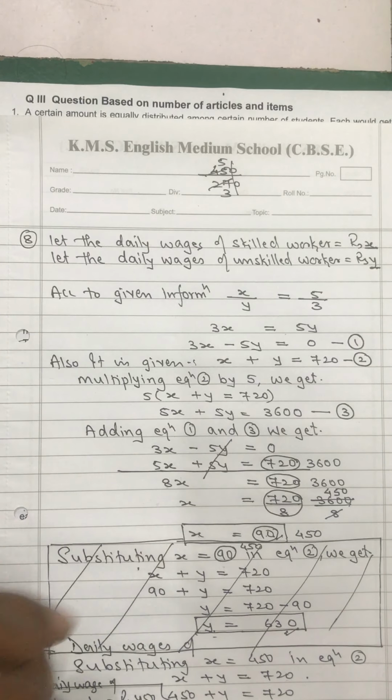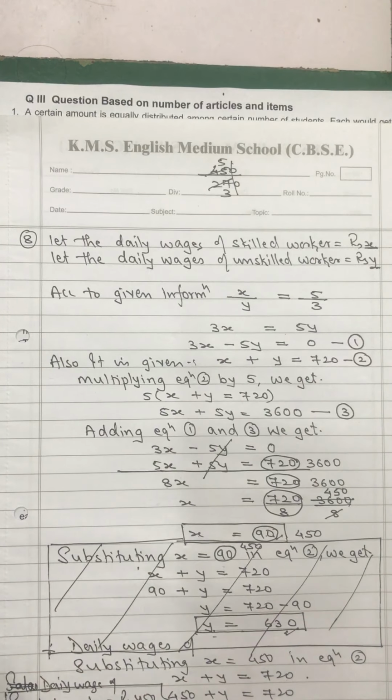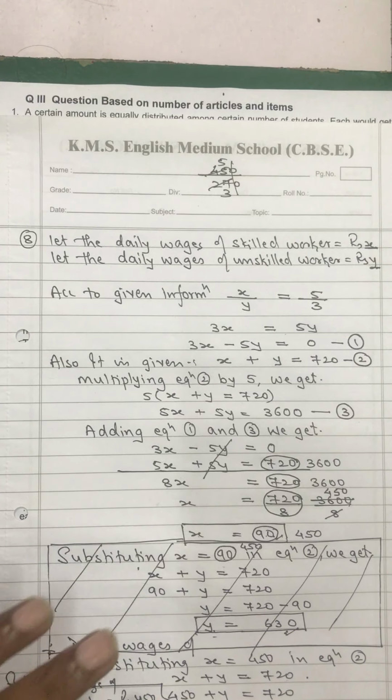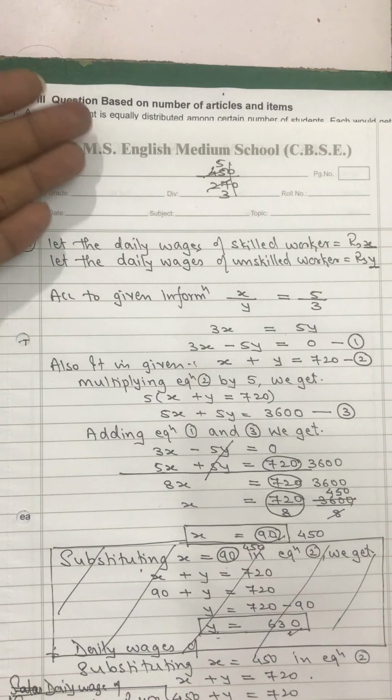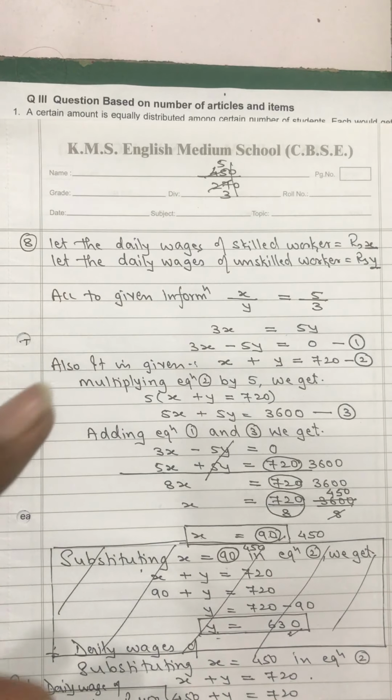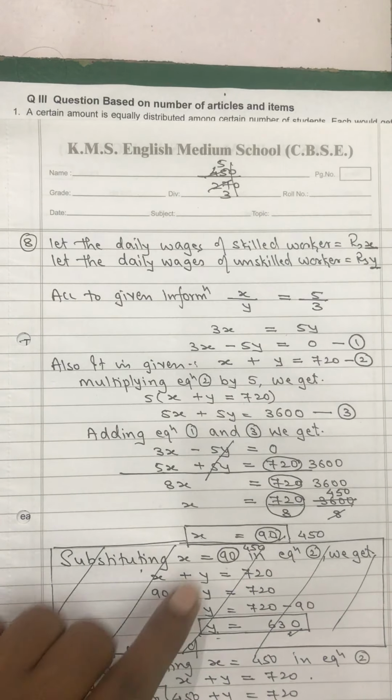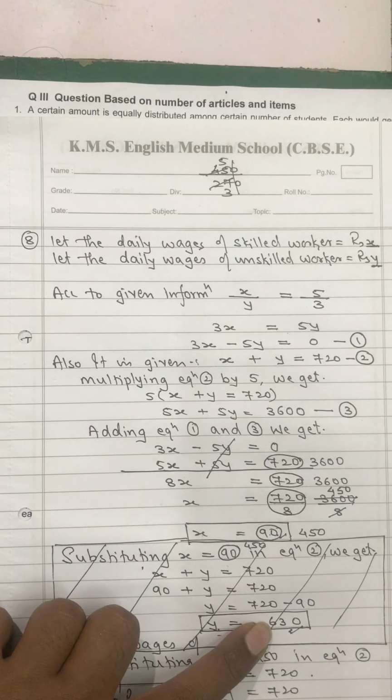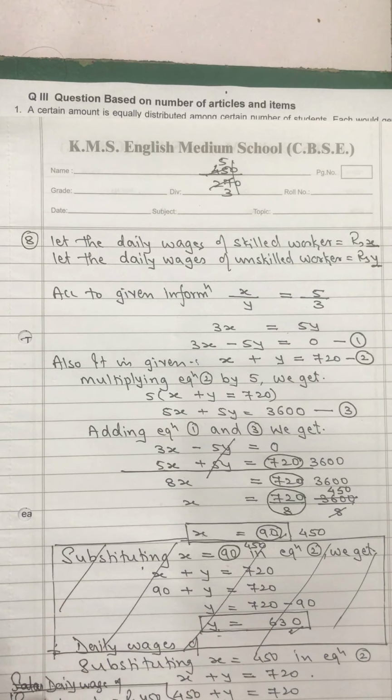Here I got it wrong. But most of the times we normally write it, solve it and we forget it. X is equal to 90, y is equal to 630 is our answer, and then we get out. If we would have gone to take the ratio, we would have definitely got a wrong ratio. But definitely 90 plus 630 would give you 720. So you would think, chalo, one equation is right, something is going wrong, or maybe you will just ignore it.